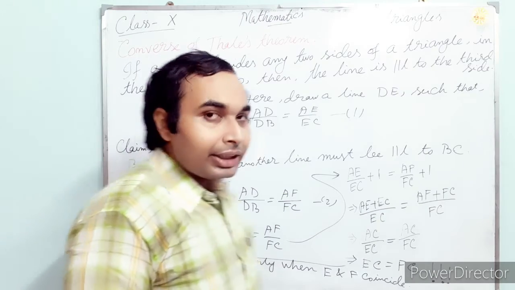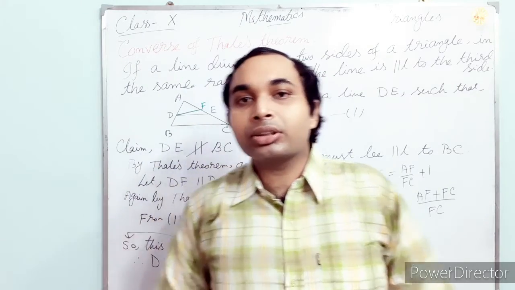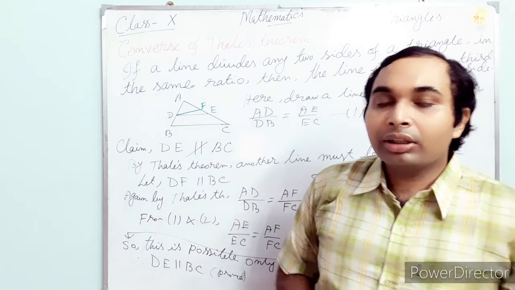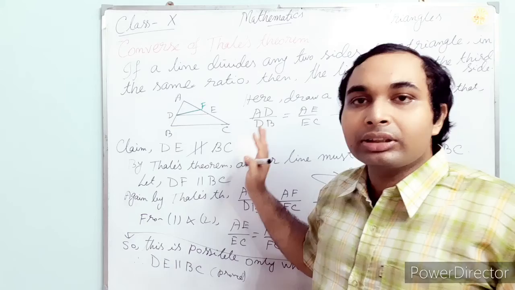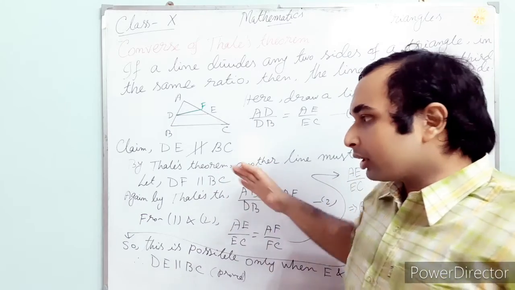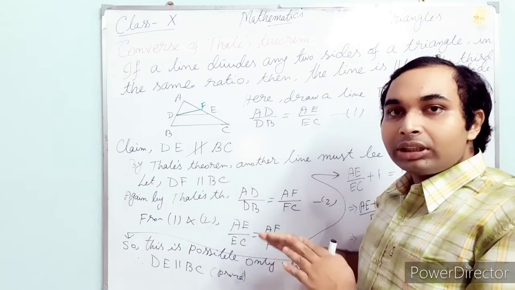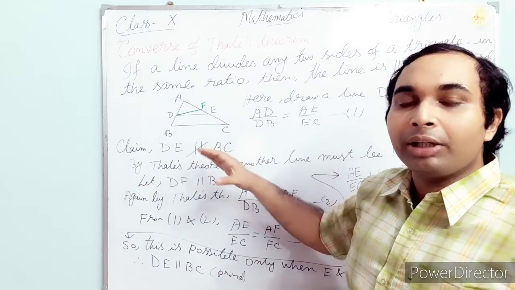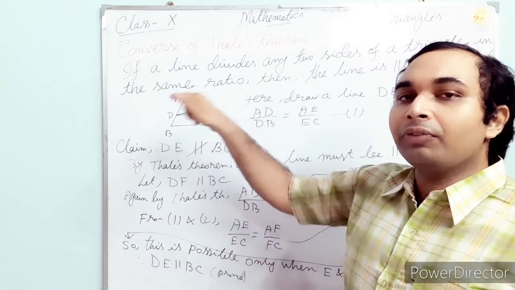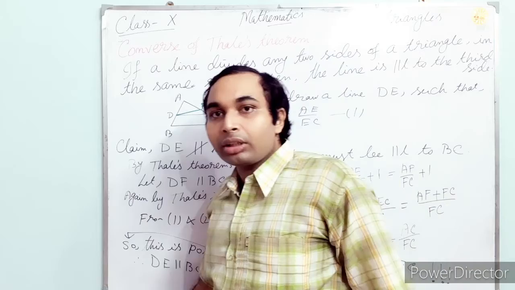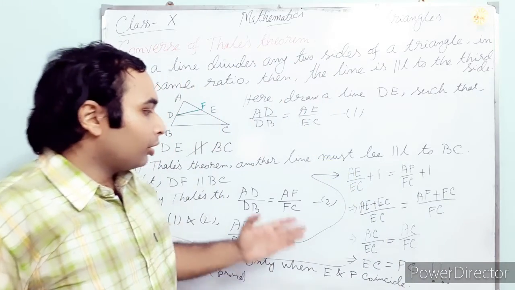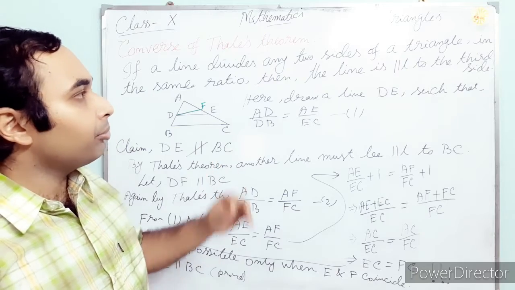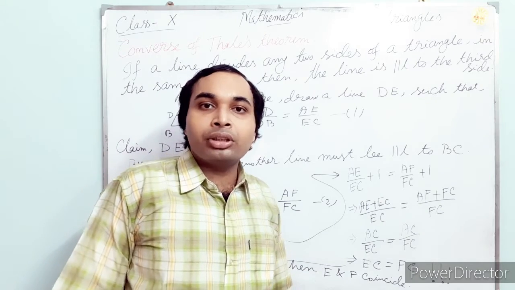Actually this is a technique of proving a theorem. This is called contradiction. First of all we claim that what we have to prove is not possible, and after that we apply some logic and see that what we claimed is false. So obviously what is given is true. This is the contradiction. So students, you have learned the Thales theorem and also the converse of the Thales theorem.